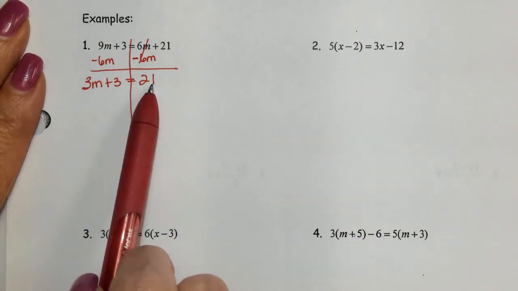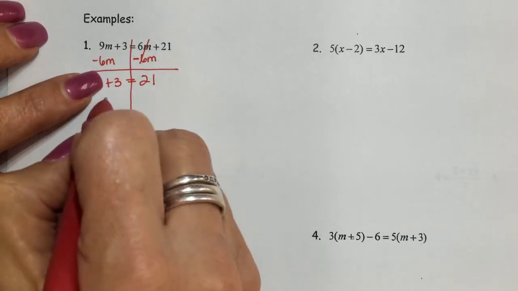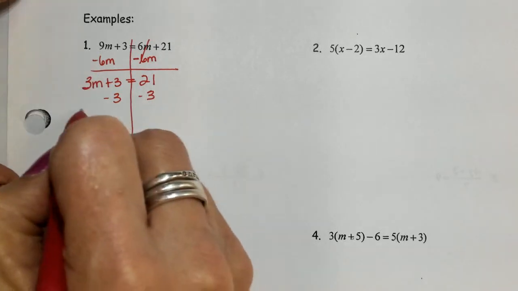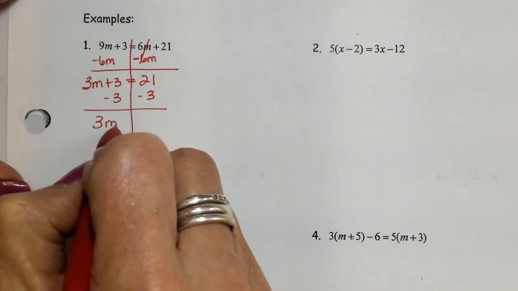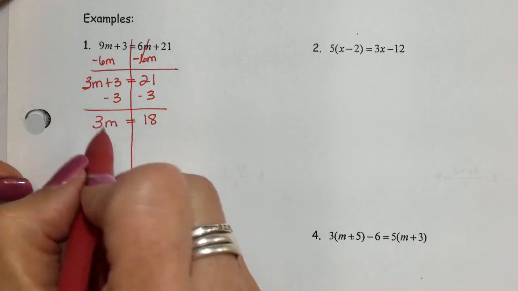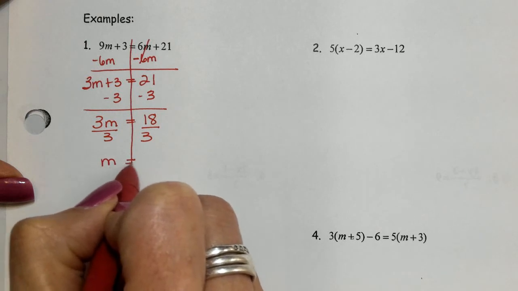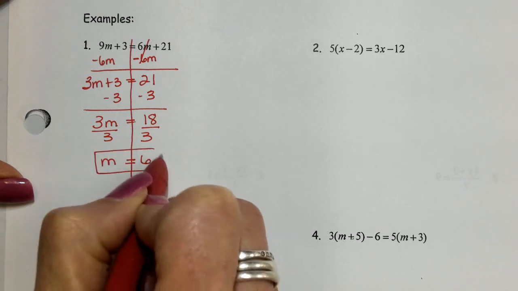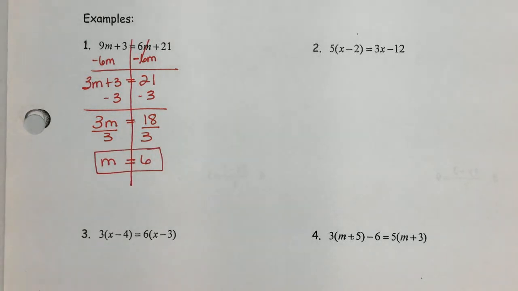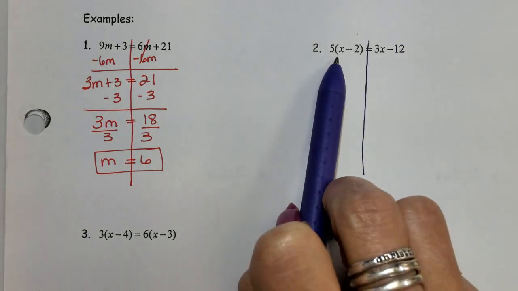Now this is a two-step process. I need to isolate this 3m by moving the 3 over here. So I'm going to subtract 3 from both sides and get 3m equals 18. Then I'm going to divide by my coefficient of m, which is 3, and I get that m equals 6. So really the only difference from that and what you've already done is you have variables on both sides instead of just one side. All right, same situation here, but I do have a set of parentheses here,